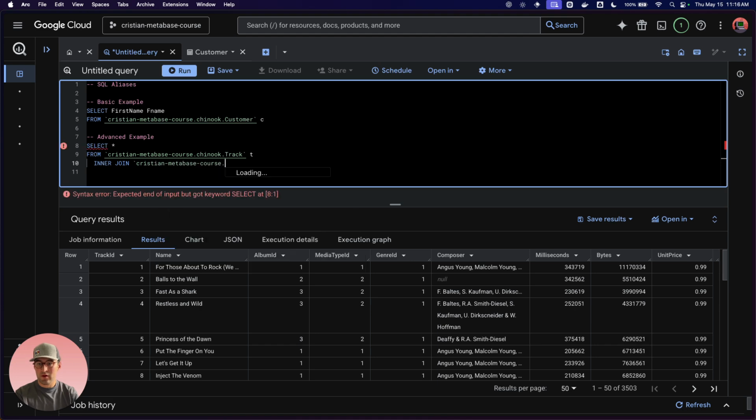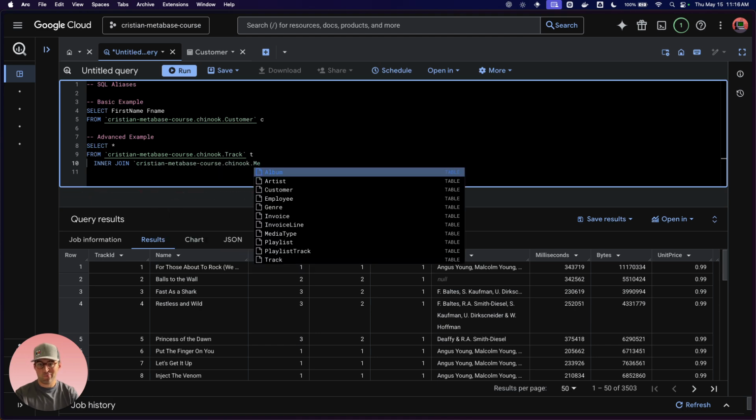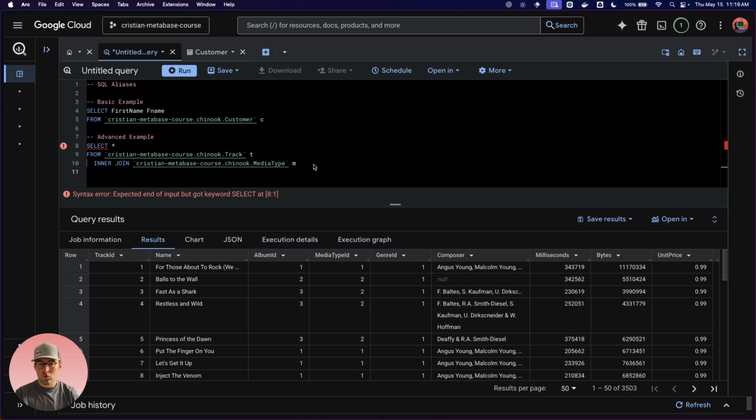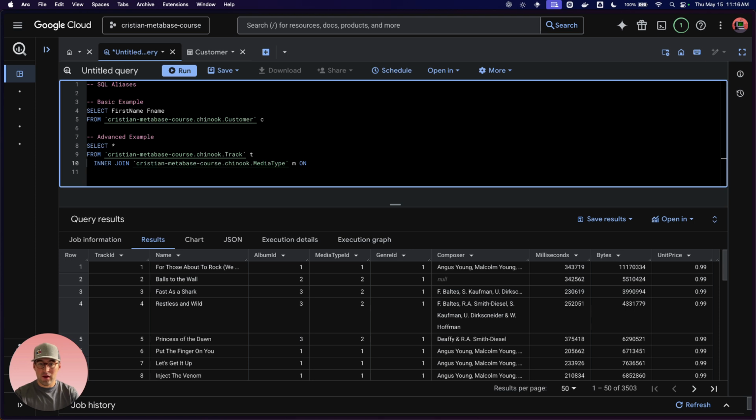So we'll do Christian Metabase course, and then media type. We'll alias this one as M. Then we'll say on, and instead of having to type out this entire big thing, because we aliased this, we can say T dot